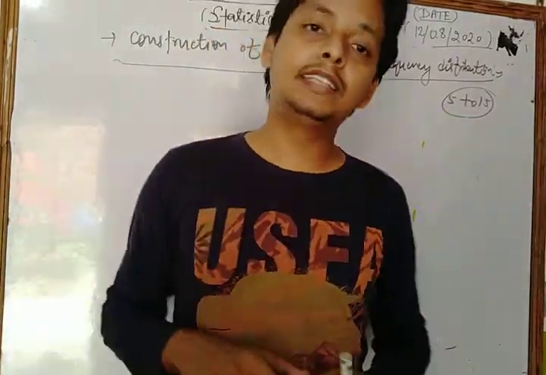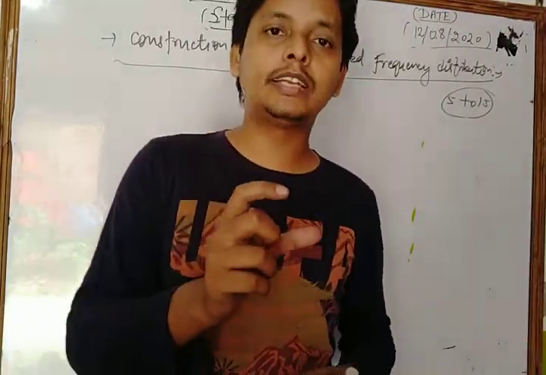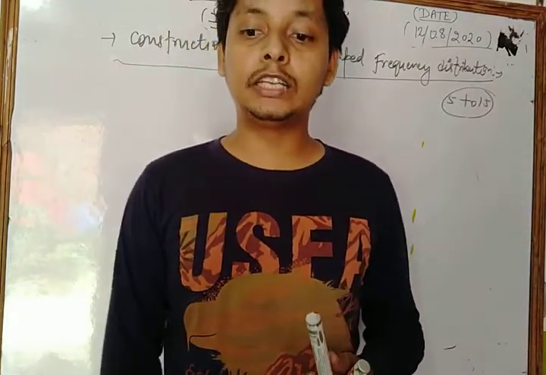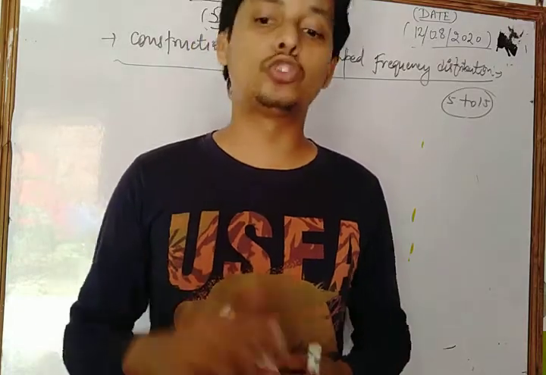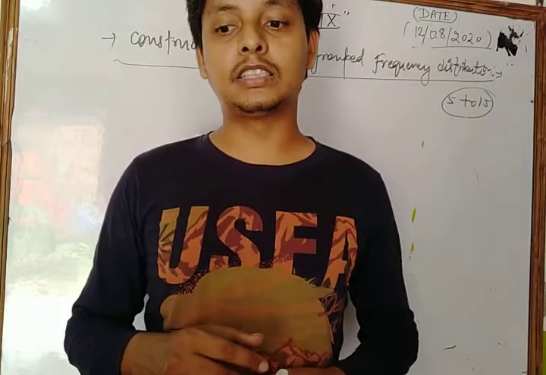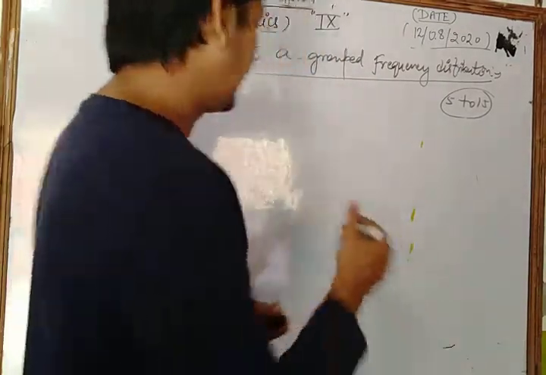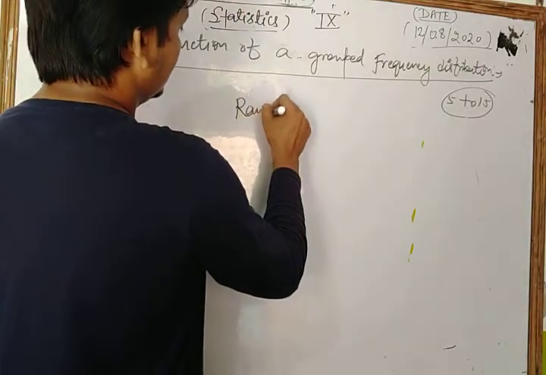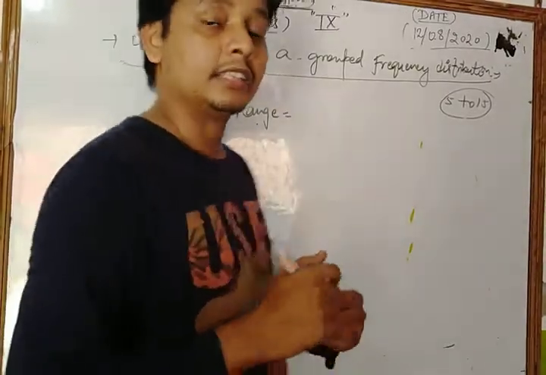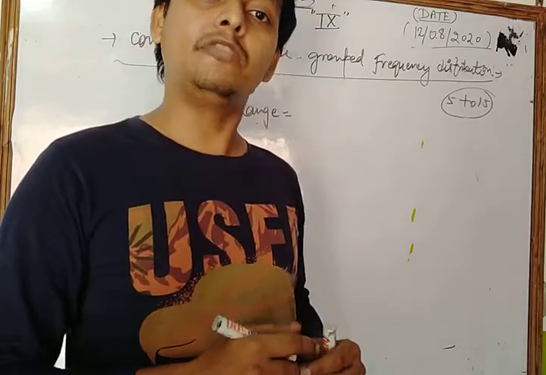Okay, now in the third step we find the difference between the maximum value and the minimum value of the variate, and divide this difference by the number of classes to be formed to determine the class interval. The difference between the maximum and minimum value in the data is called the range. And you know what the range is? This is a very important topic, the word range. The range is the difference between the maximum and minimum value of the variate.